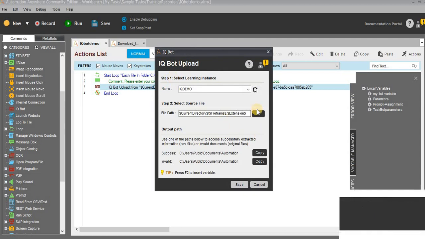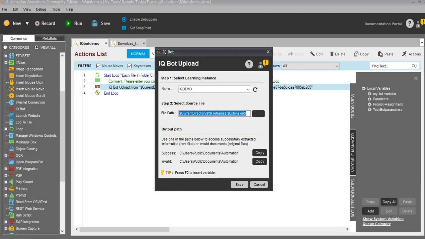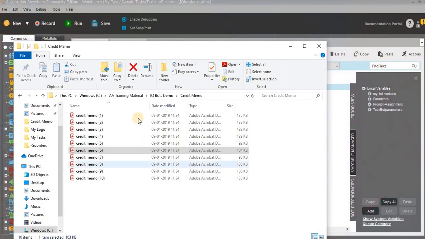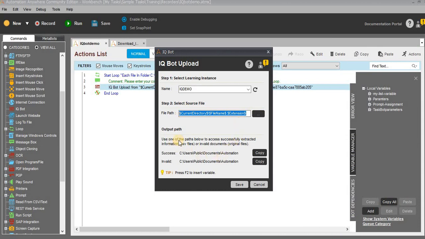So I missed to mention these things, output path. So where your output files will get stored. So we have just provided the files to upload. Now what this taskbot will do, this taskbot will upload all these 10 files into the server. The server will do all the production. After that, the output files, the CSV files, you will receive into this folder, into the C drive folder.